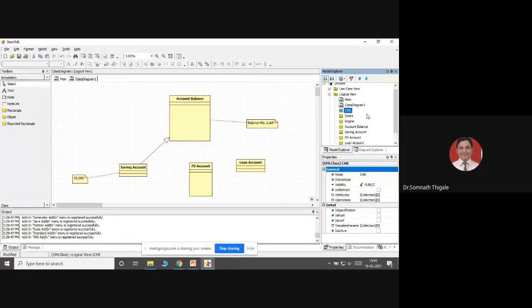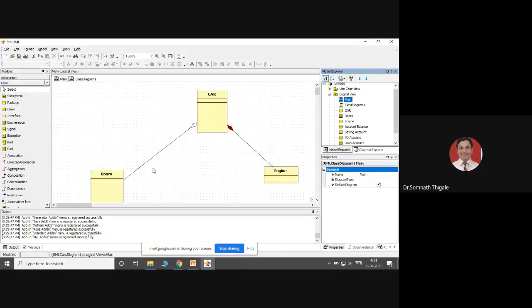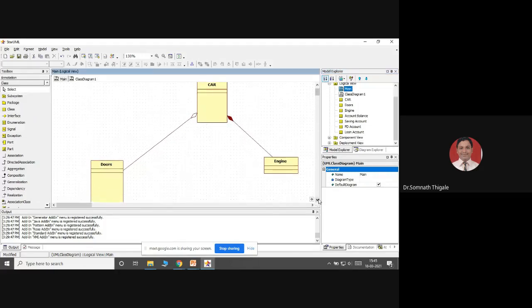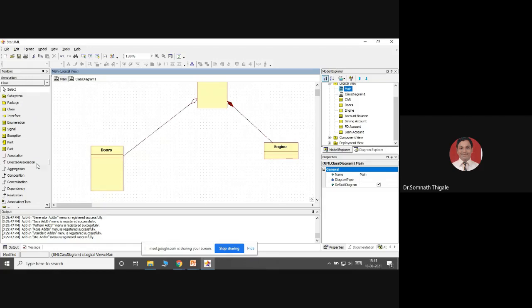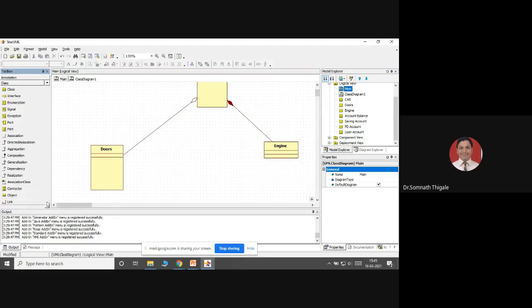So for example, I'll show you. See here. Again, I want to go for recursive association, meaning doors, where I can specify exact numbers. So you can add over here as aggregation.